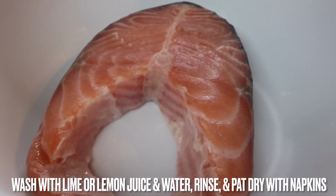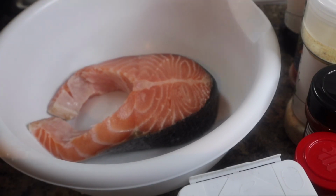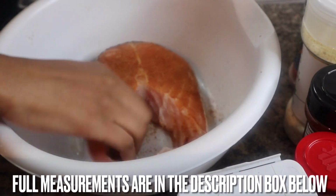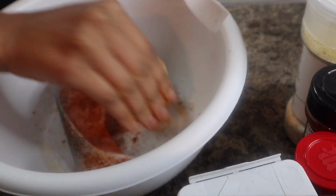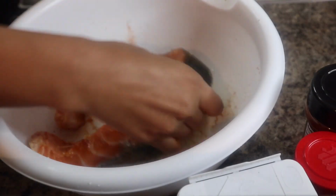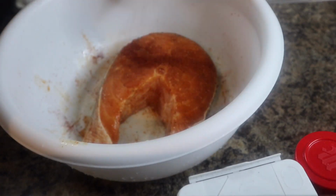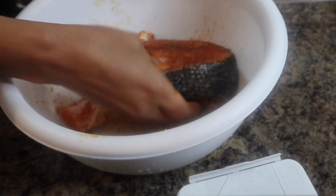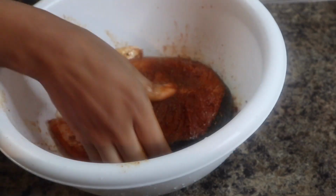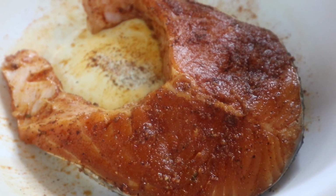So the first thing that I'm going to do is season the salmon. I already washed it with some lime juice and then just pat it dry with some napkins. So right now I'm going to go ahead and season the salmon. So once the salmon is nice and seasoned, I'm about to prepare the frying pan to start frying it, and